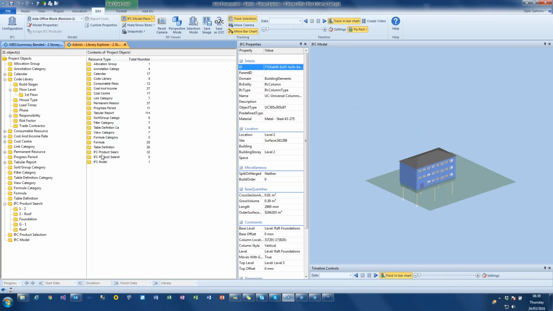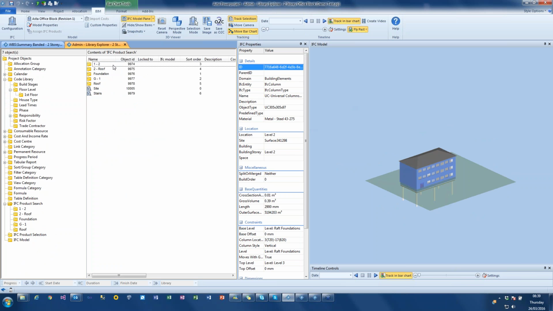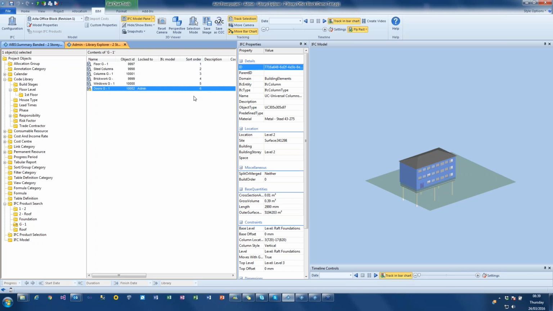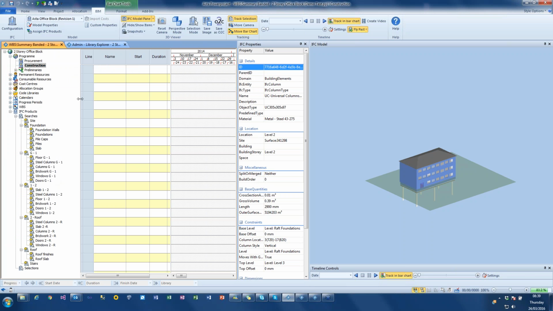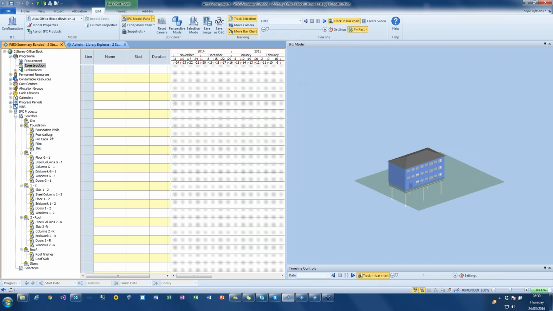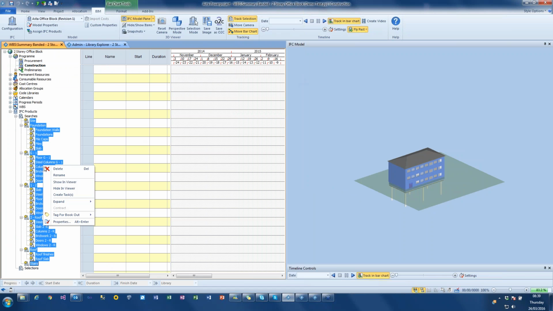One of the things I can look at in my IFC Product Searches inside Powerproject is each of these items is given a sort order in there, so you can define when these are going to happen and the order these are going to happen in. And these have been defined already. And this comes from the template. So what I can do, if I just turn that off for a moment, I can, in this Product Searches down the side, select the first one, select the last one, right click, and